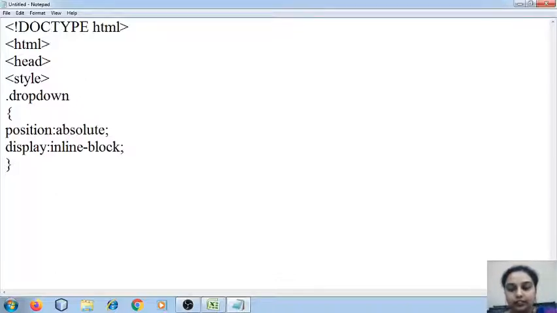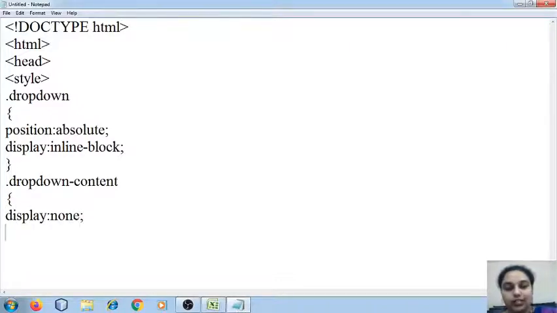Okay, then I'm going to give the style sheet for the content of the drop down. That is drop down content, because drop down is going to be different, and the content of the drop down I want to design in a different manner. So display I'm going to give as none, so nothing is going to be displayed. Position I'm going to give absolute. Background color,